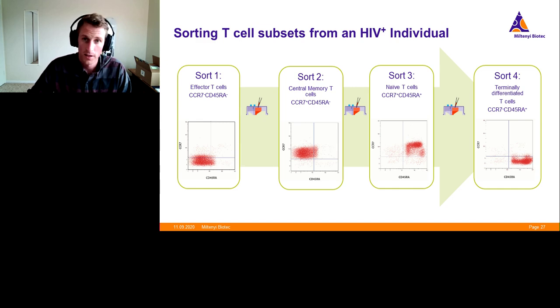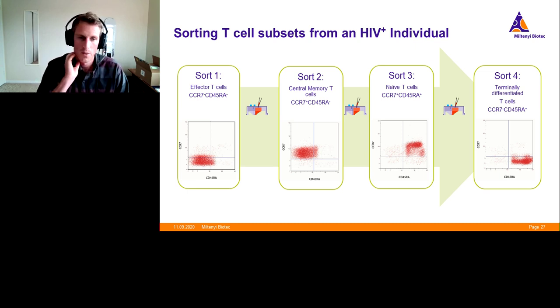I mentioned earlier that there's no waste that's generated. So getting material that's from an infected individual is often quite difficult, and that material becomes very precious. So putting it through a cell sorter that will spit anything that's not sorted into a waste chamber that goes away forever is really undesirable. There are strategies that can help you minimize that, but here everything stays in the cartridge until you yourself pull it out